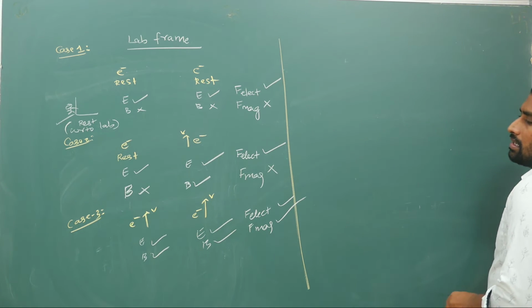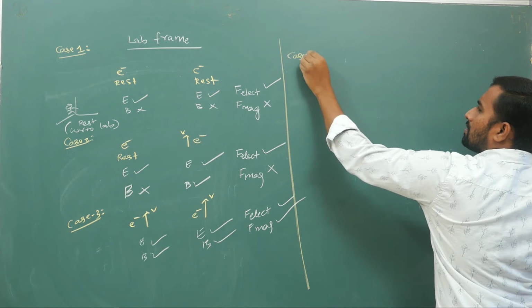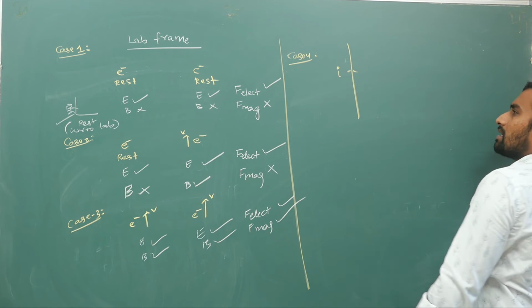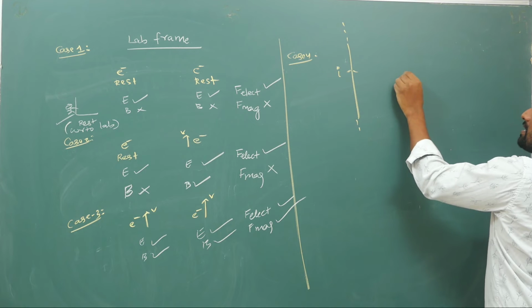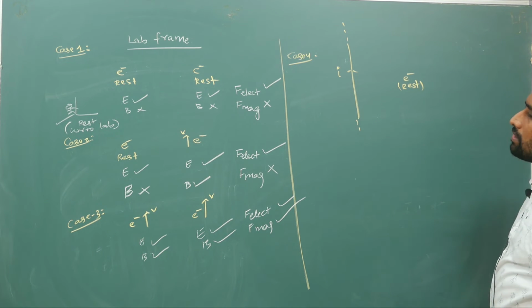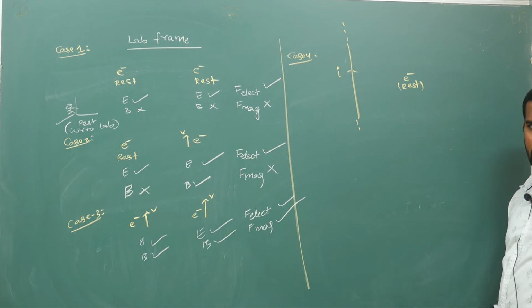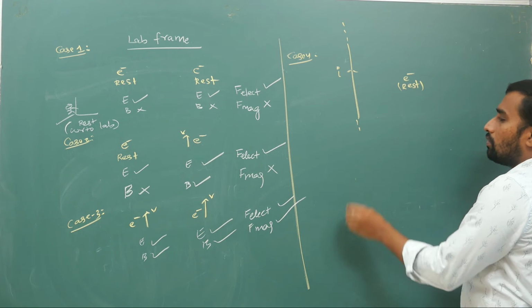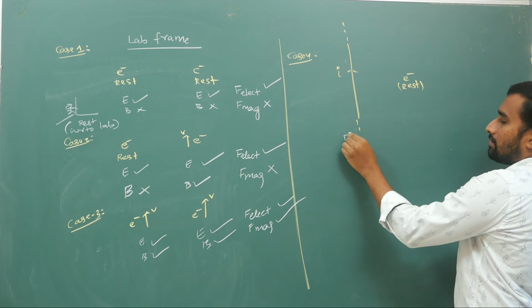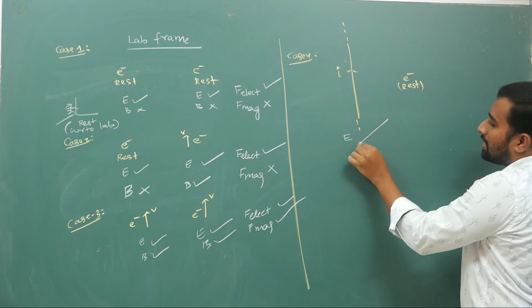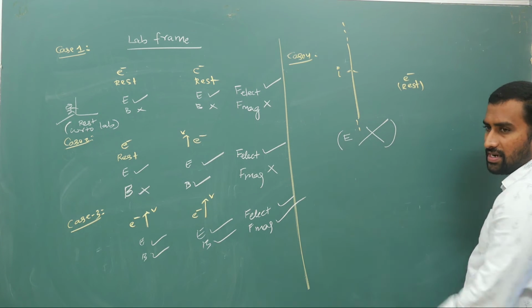Next, case 4. Let us say a current carrying wire is there, carrying some current I, like this. Now let us say an electron is at rest. Now you tell me, what kind of force is present here? Electric current is nothing but flow of charges. Many people will think that because of charge there is electric field, but trust me, this current carrying wire will not produce electric field.